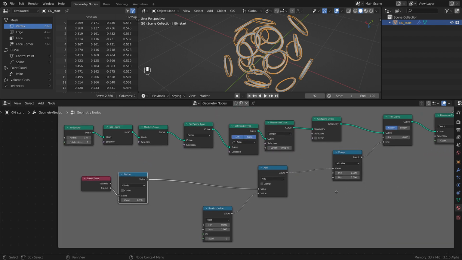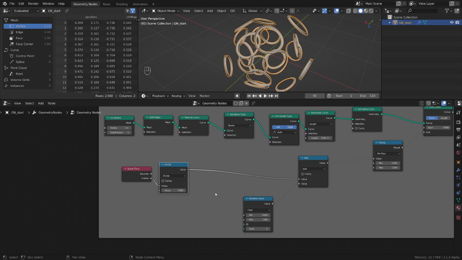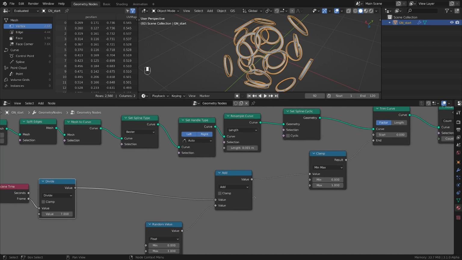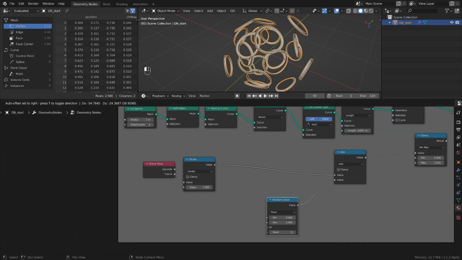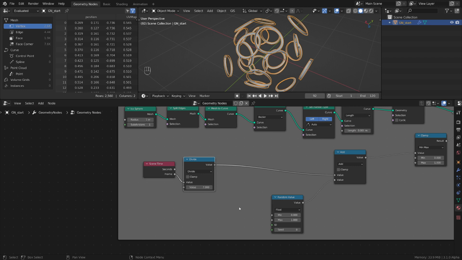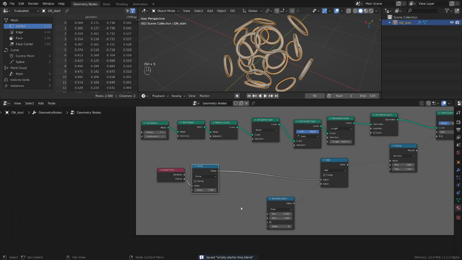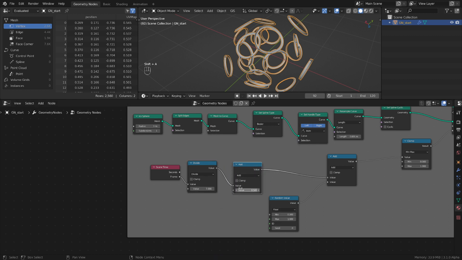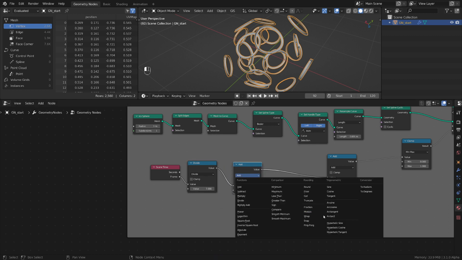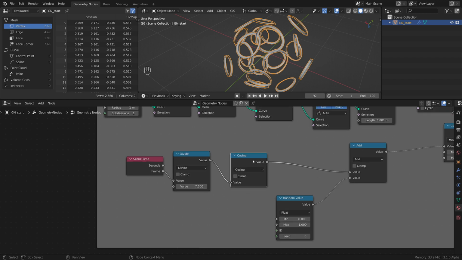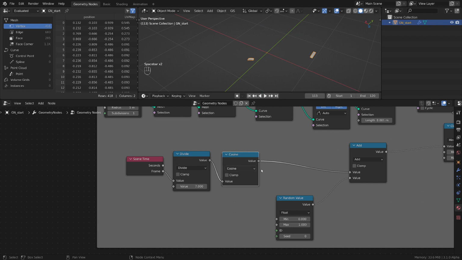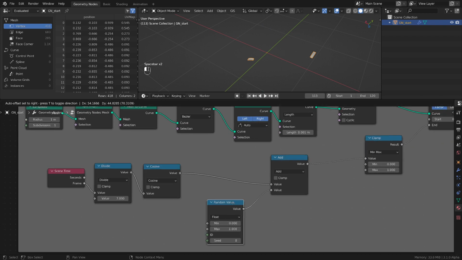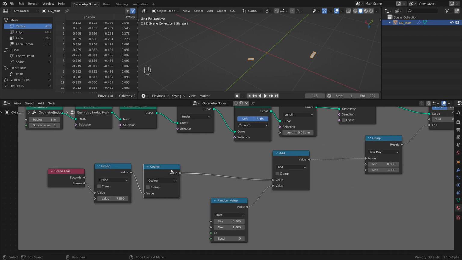Because we need to feed this with a value between 0 and 1 at the end, and we need to get some more controls here. So here is what I mean. Let's say we use another math function. Let's say we use a sine or a cosine. Now we have an output from -1 to 1 here, and that's what we want, because at the end of the day, whatever we do here on this part,